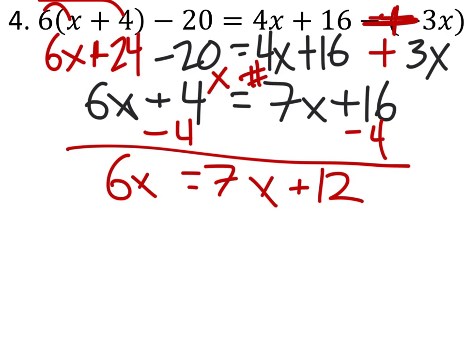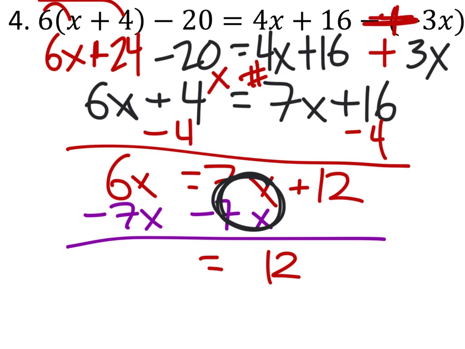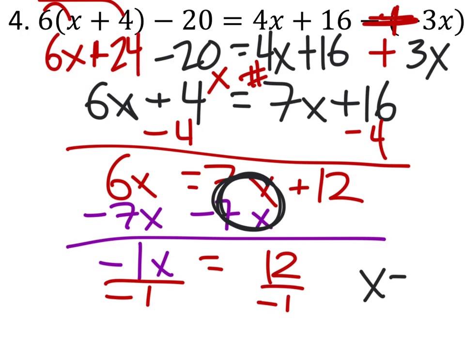From here, we'll subtract the 7x from both sides. Okay, so this one goes away. That's a 0 now, leaving us with the 12. This should equal a negative 1x. Well, the x can't be negative. We need it to be positive, so we'll divide by negative 1 on both sides. And that tells us that x equals negative 12 there, all right? So now that we know x is negative 12, let's go ahead and replace the x's